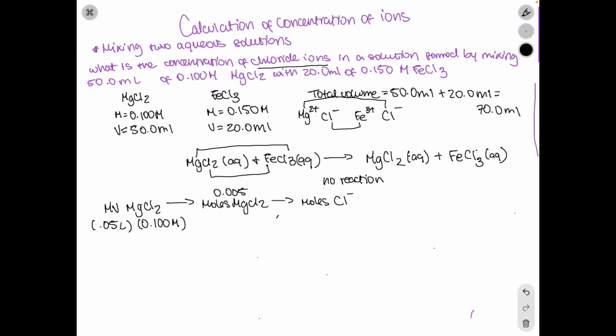So then, in order to turn this to moles of chloride, we're gonna see our equation. So for 1 mole of magnesium chloride, how many moles of chloride is, you gotta see the ratio. So you see for 1 mole of magnesium chloride, there's 2 chloride ions. So that's 2 moles of chloride. So now you multiply the moles of magnesium chloride by 2,